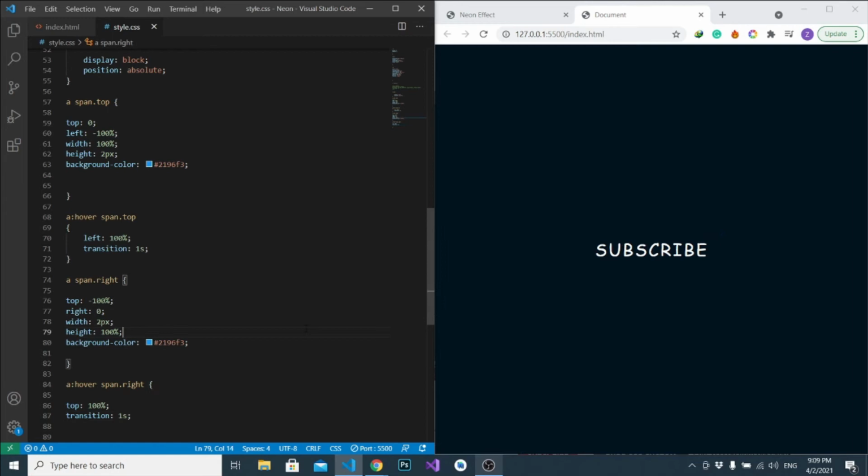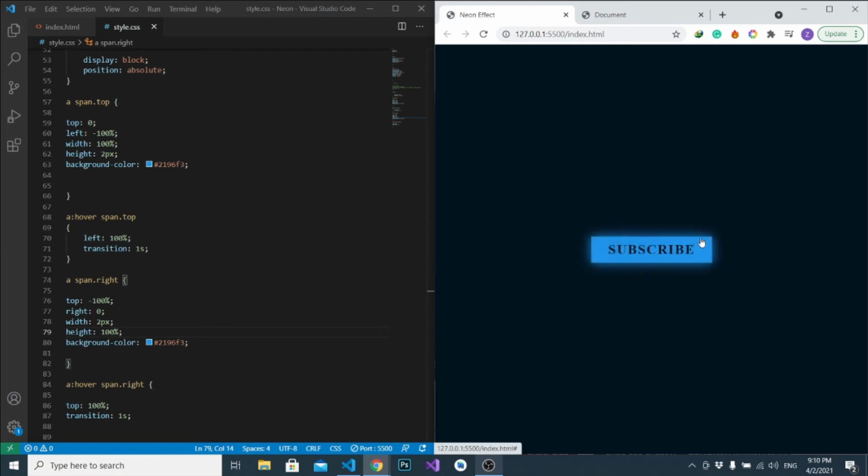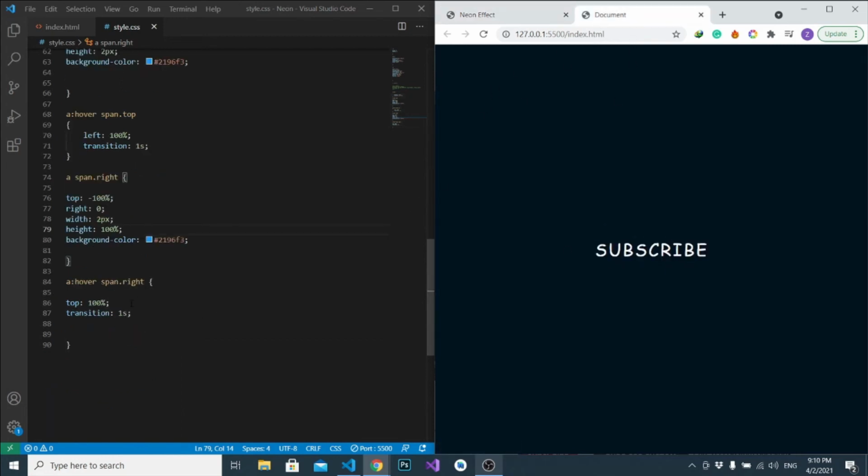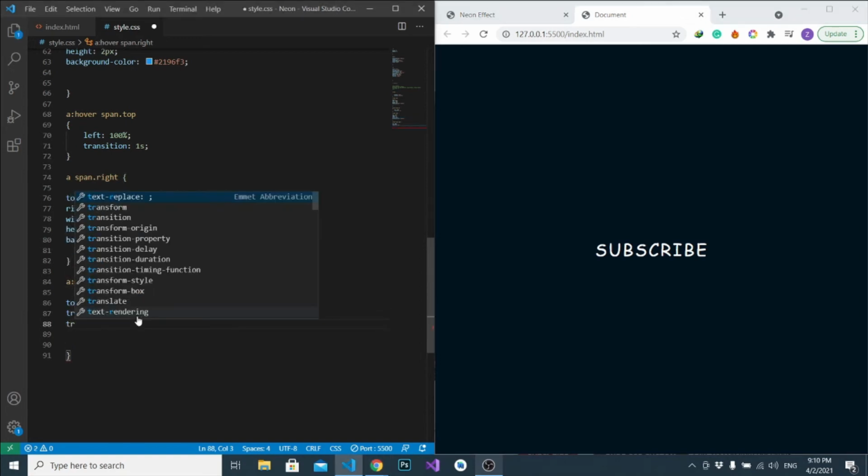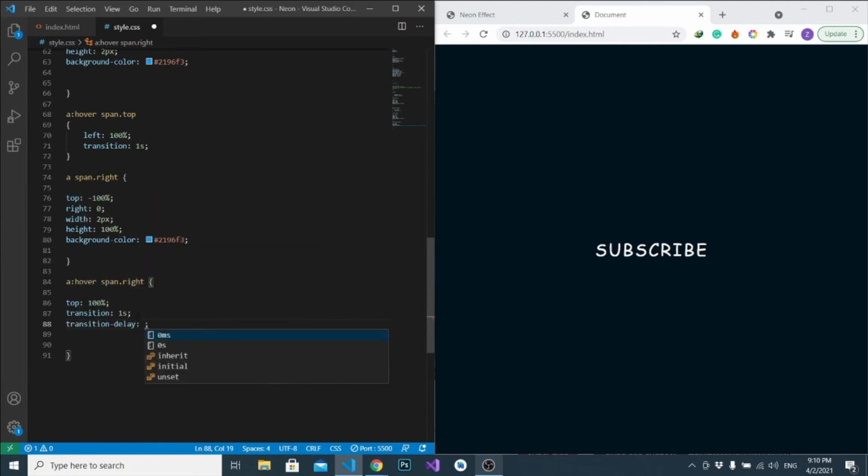Now we have a couple of problems here. The first one is when I hover, the two lines are animated at the same time, and we don't want to do that. Now if we go back to our example, like you see, the first one is the start, then when it ends, the right goes down, and when it ends, the bottom, and so on. So to solve this, all I have to do is delay my right animation by some amount, so I can use transition delay, and I will give it